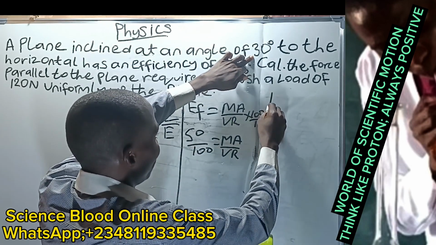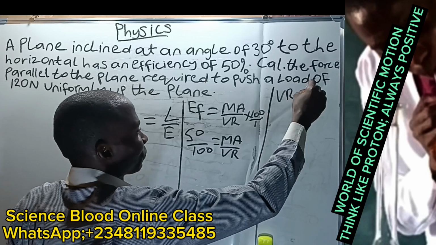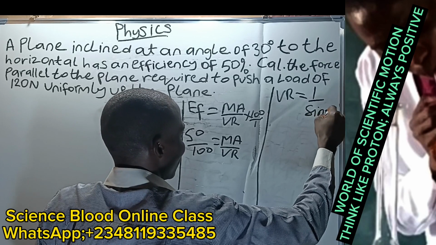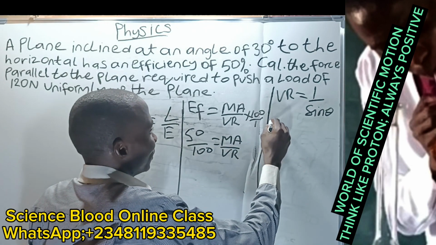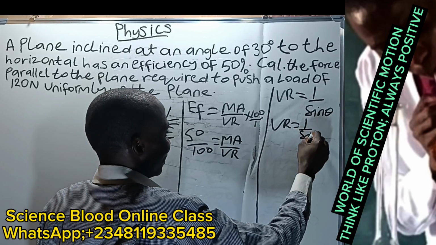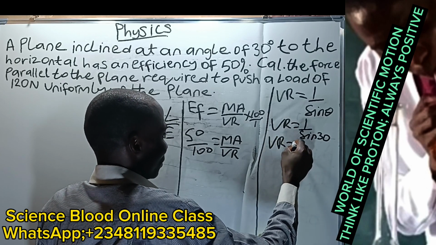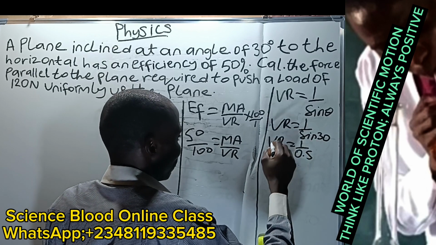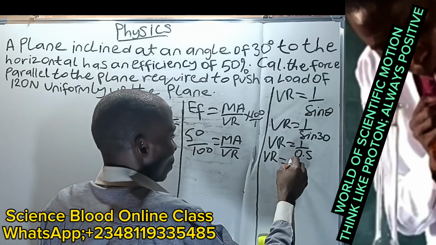Because it is given in 30 degrees, there is a formula that says VR equals 1 over sine theta. Then let's continue. VR equals 1 over sine 30. Sine 30 is the same thing as 0.5. Okay, finally, VR equals 1